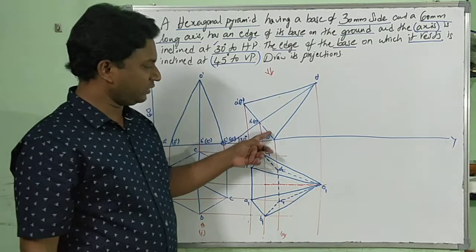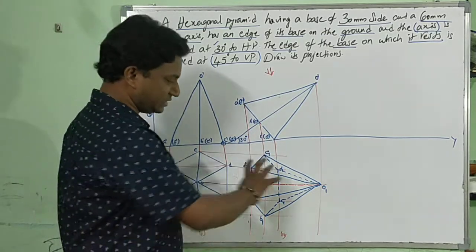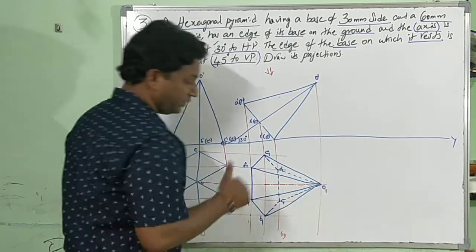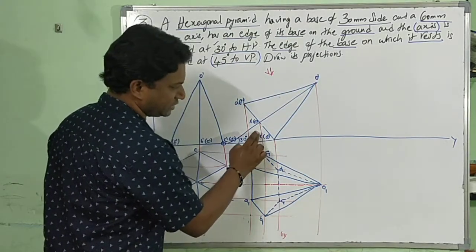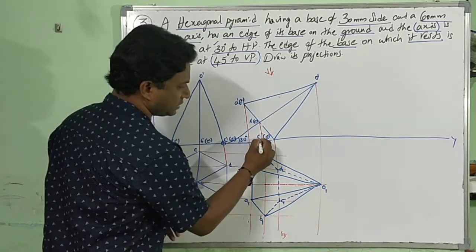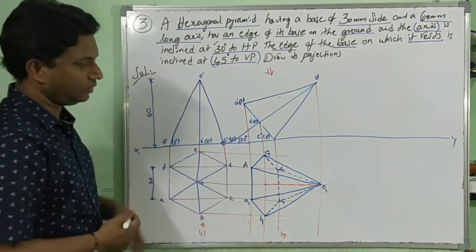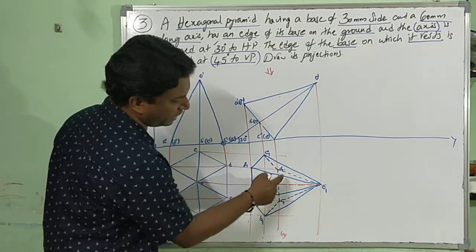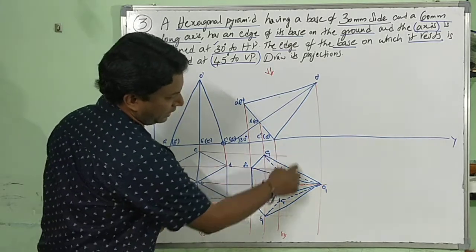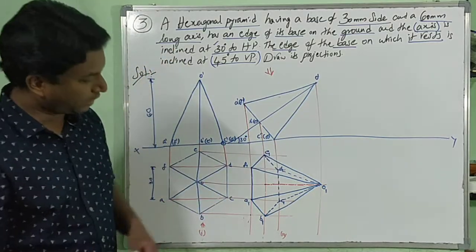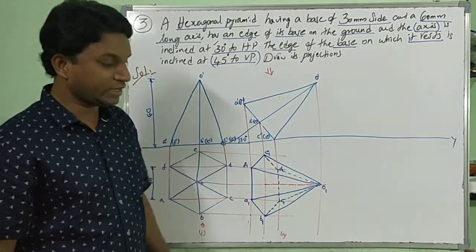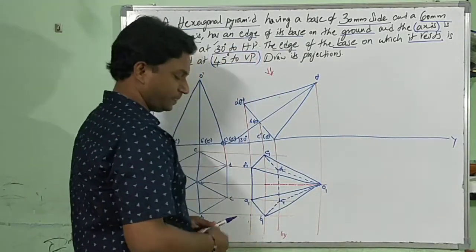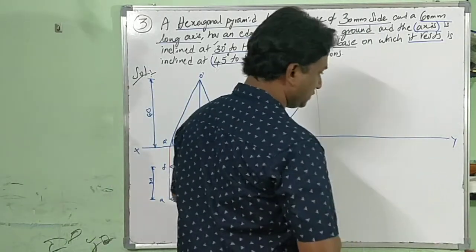Now, front view, top view. This has to be rotated to an angle of 45 degrees with respect to this edge, C dash D dash. In the top view, it is here, C1 D1. Now, this C1 D1 is actually 90 degrees to the XY line. Observe it, C1 D1 is 90 degrees to the XY line. This has to be rotated at an angle of 45 degrees. So simple, what you can do here is